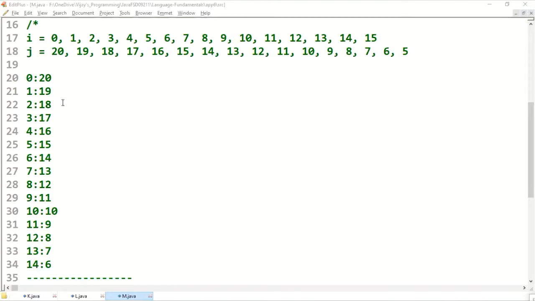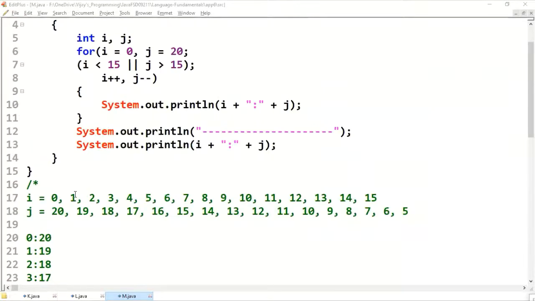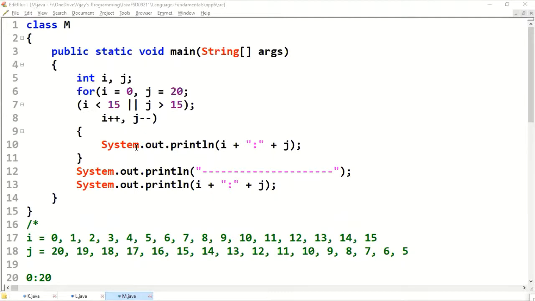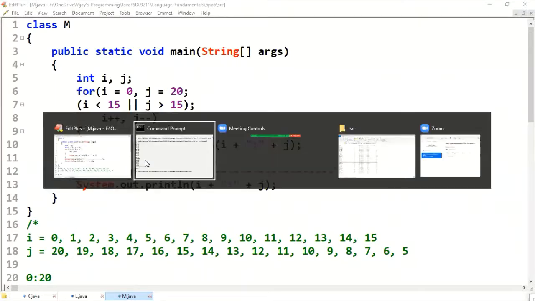Then you need to write the output, iteration by iteration. In the first iteration, what happens? What all the variables are changing? What is the output? In the second iteration, what are the variable values? What is the output? Likewise. Then you don't get any confusion. Come to the next.